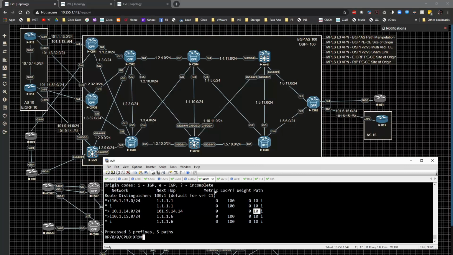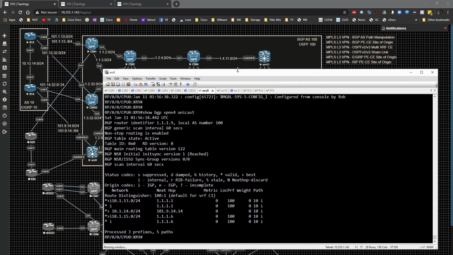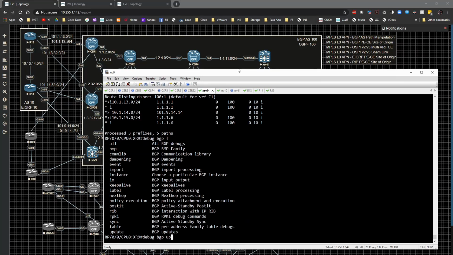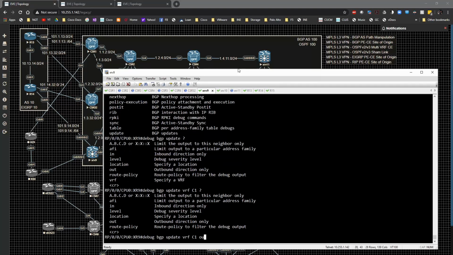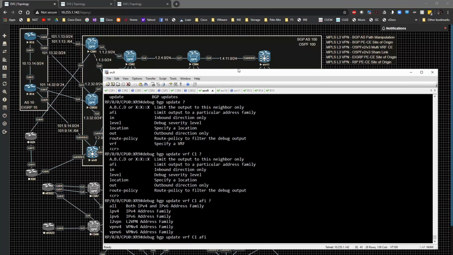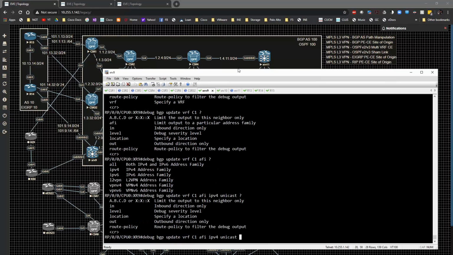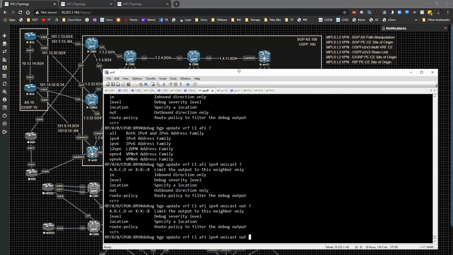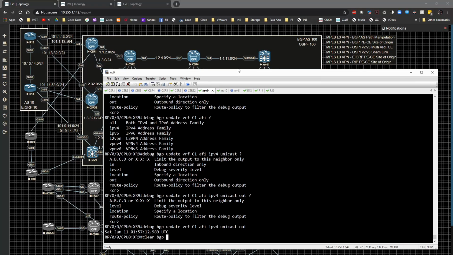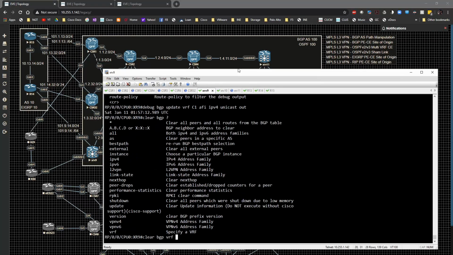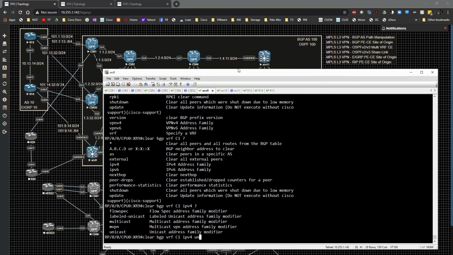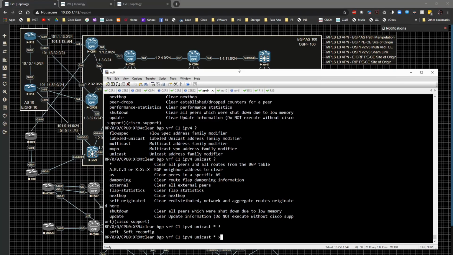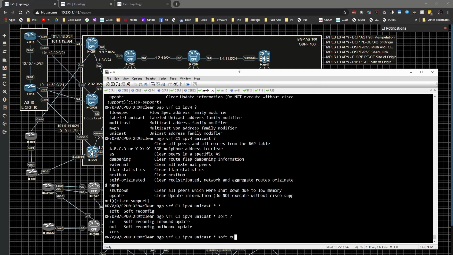So if I was to go ahead and do this from XR, we do a debug BGP update for VRFC1 in the outbound, or the AFI of IPv4 unicast in the outbound direction. And if we were to do a clear BGP VRFC1 IPv4 unicast and do a star soft in the outbound direction,